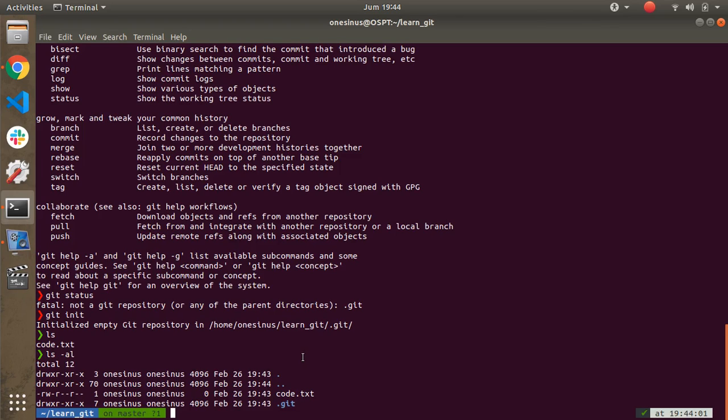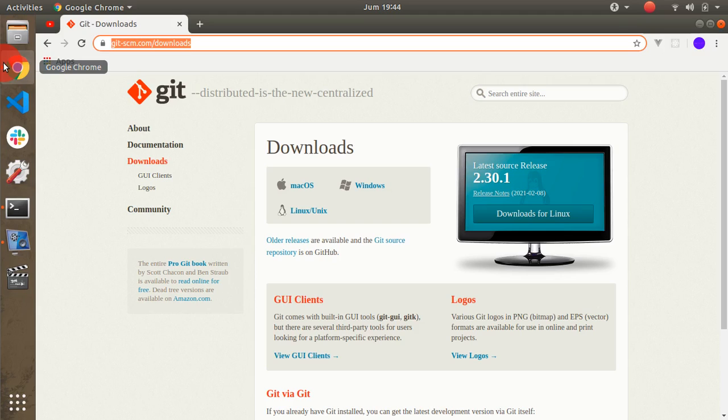So what's the purpose of using Git? Git has so many reasons why we need to use it, such as code versioning and code merging.